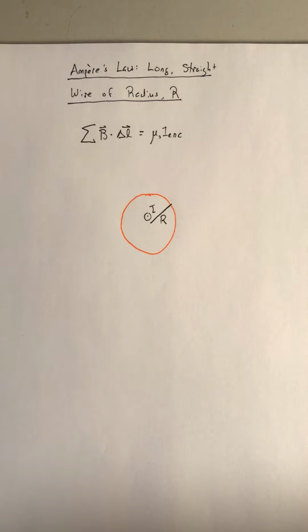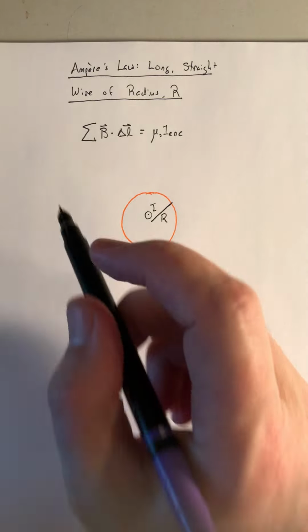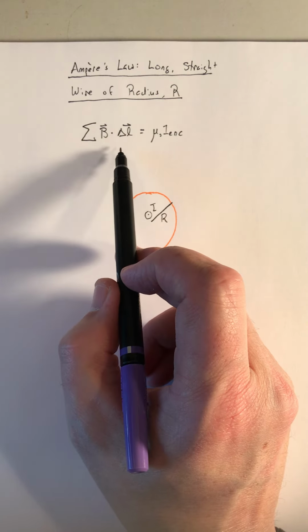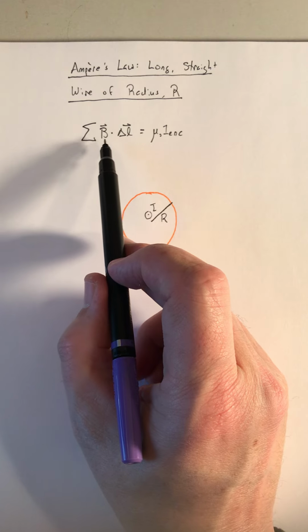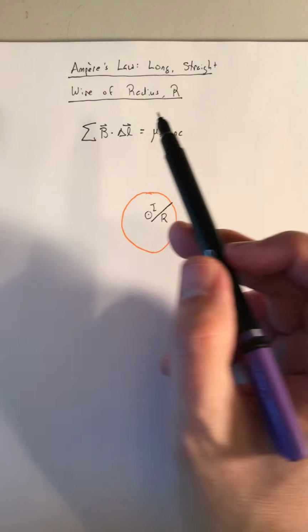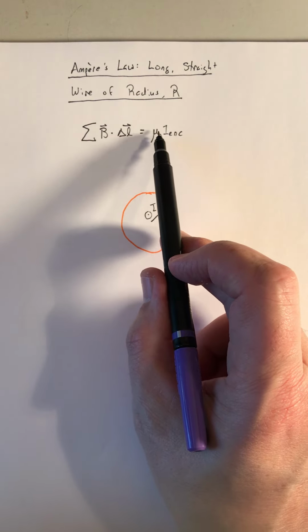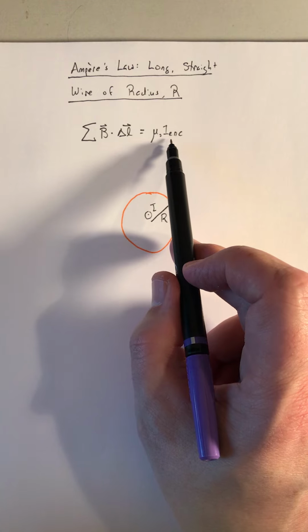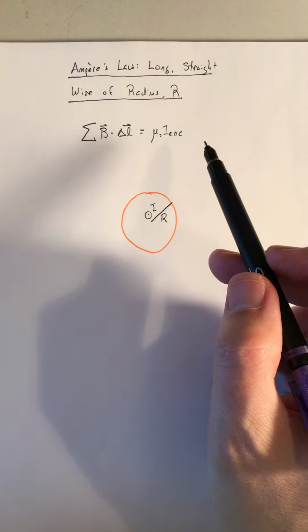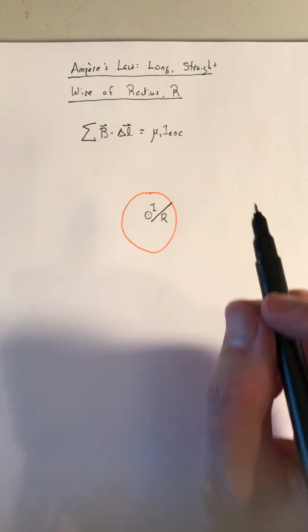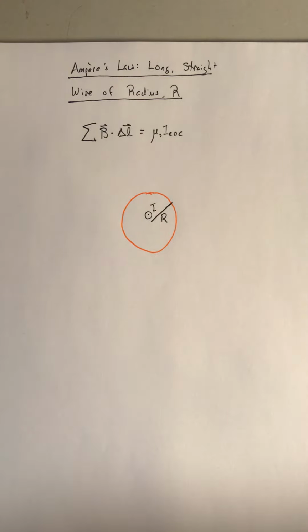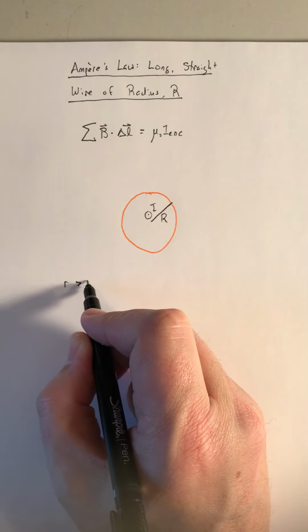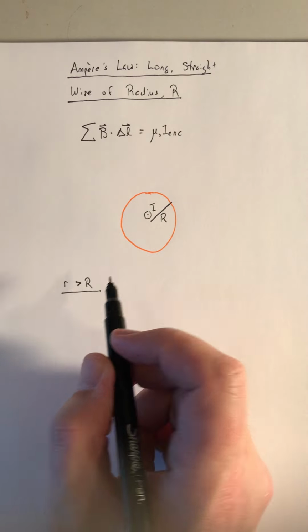So in applying Ampere's law, it is along a closed curve. I add up the magnetic field component that is parallel to the curve, and that has got to equal our permeability of free space, mu naught, times how much current is inside of my closed curve. The first case I'm going to look at is outside of the wire. So for little r bigger than the radius of the wire,